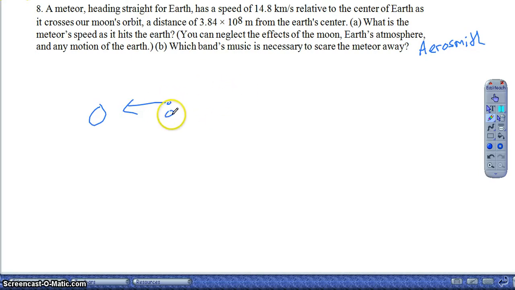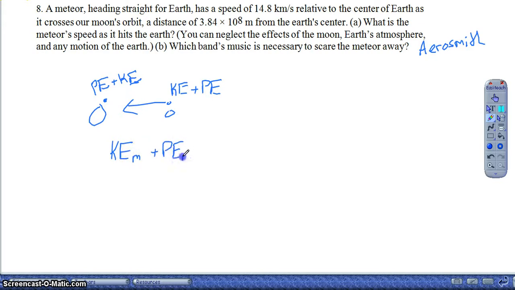We know that at the moon's location, it would have both kinetic energy and potential energy, based on the altitude above the Earth. By the time it hits the Earth's surface, it would still have some potential energy based on the radius of the Earth, but obviously it would have much more kinetic energy because it's losing some potential energy and converting it to kinetic energy. As soon as we make that realization, hopefully this question isn't too bad. So again, I've got the kinetic energy at the moon and then the potential energy at